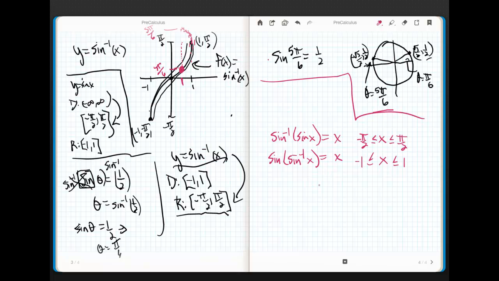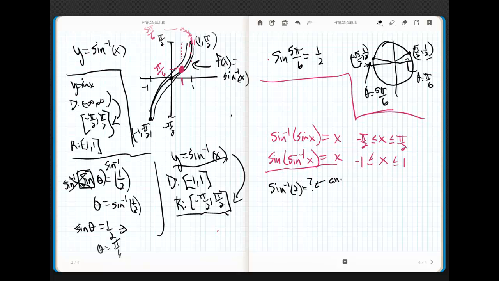Now, think about this. Let me give you one real quick example of something that's crazy here. Let's say that I want to take, I'm going to change colors. I don't know why, I just feel like it. I do what I want. If I want to take the sine of the arc sine of, actually, let's keep it simpler than that. Let's start simple. What if I'm trying to find the arc sine of 2, and I'm going to let that equal